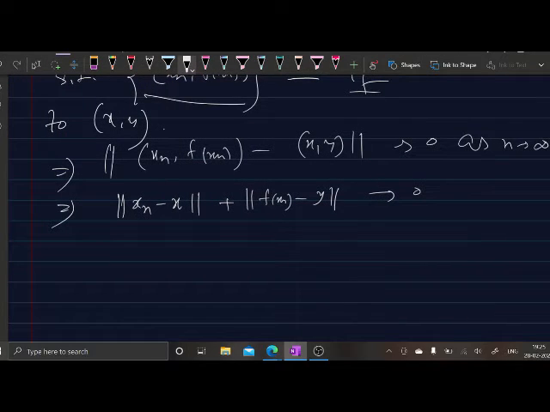So this tends to 0 as n tends to infinity, and this implies, since these are